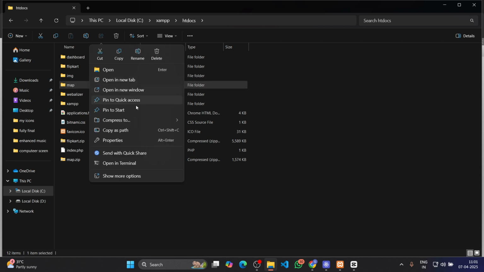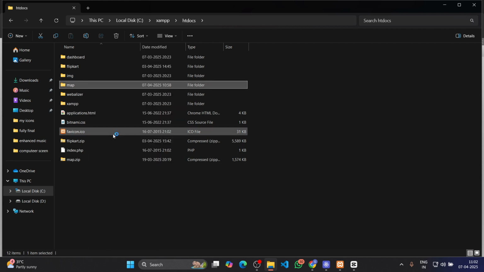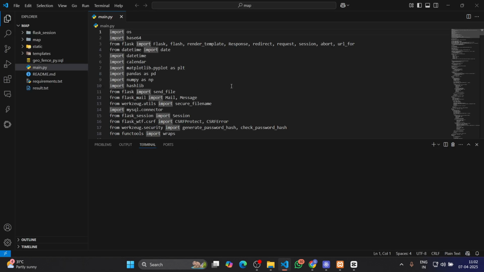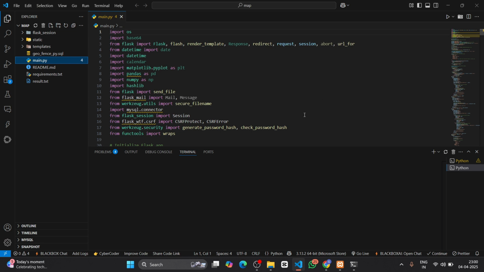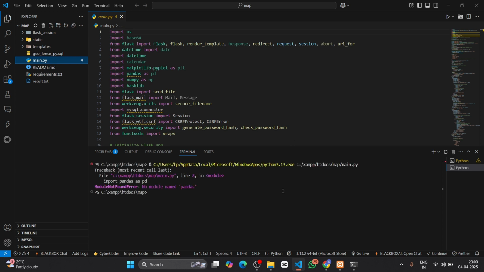So now open the file in any code editor, but I will open in VS Code editor. There will be one file called main.py. Run that main.py file. When you run that main.py file, then you will get some error like the modules are not installed.